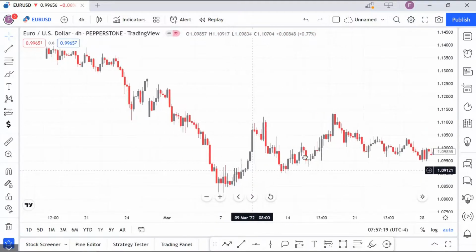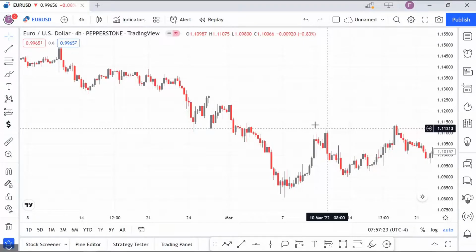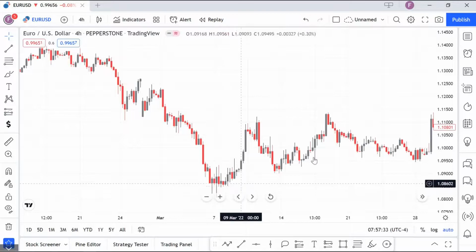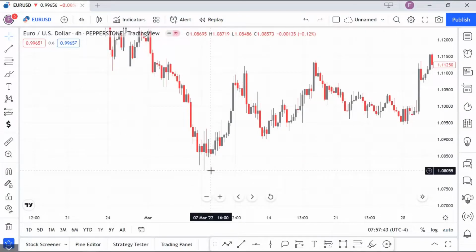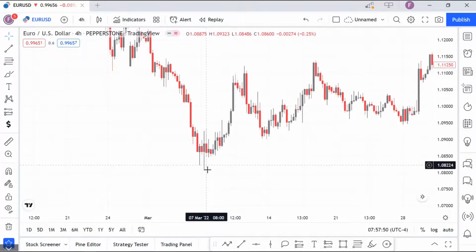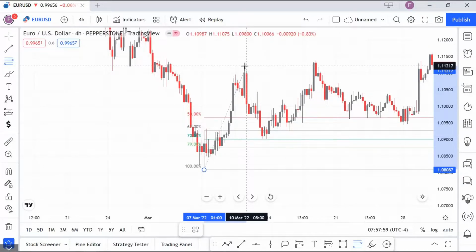We can identify this as our low and this as our recent high, and we are looking for buy setups at this particular point. So the first thing to do is to identify the low and the recent high. This is the recent high. So we'll plot our Fibonacci tool from the low, because we are looking for buy setups, to the high,